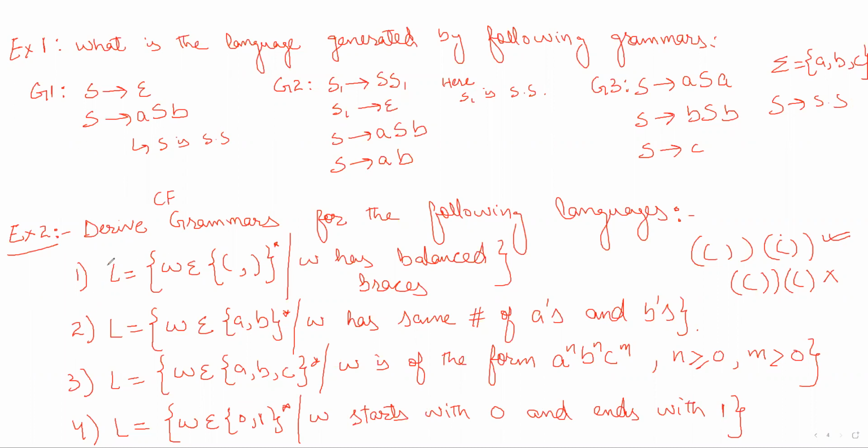These are the examples that you should try out on your own, and by trying them you will be able to understand how to derive languages from grammars and how to derive grammars for languages. So this was about context-free grammars and how we can derive grammars and languages. Let's now move forward. Let's first see how we can say that all regular languages are context-free languages. Let me rub this out and start that discussion.